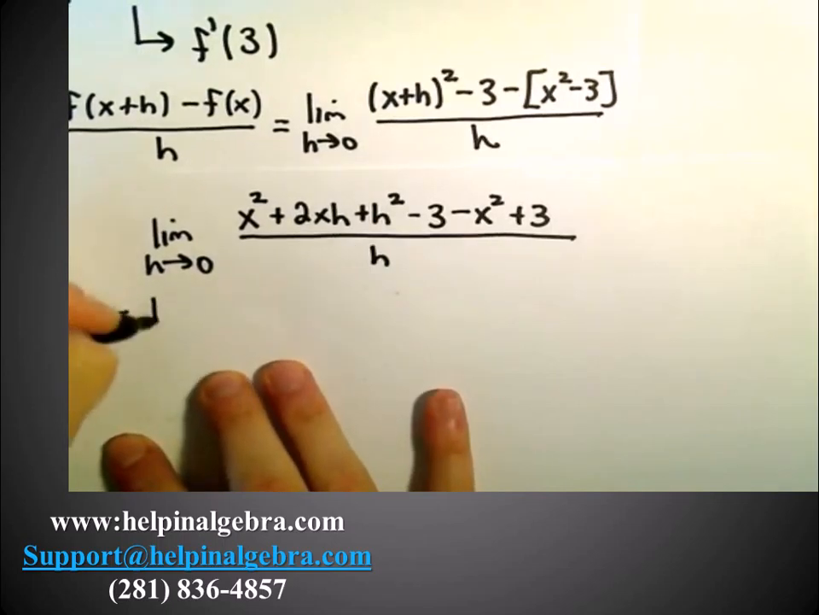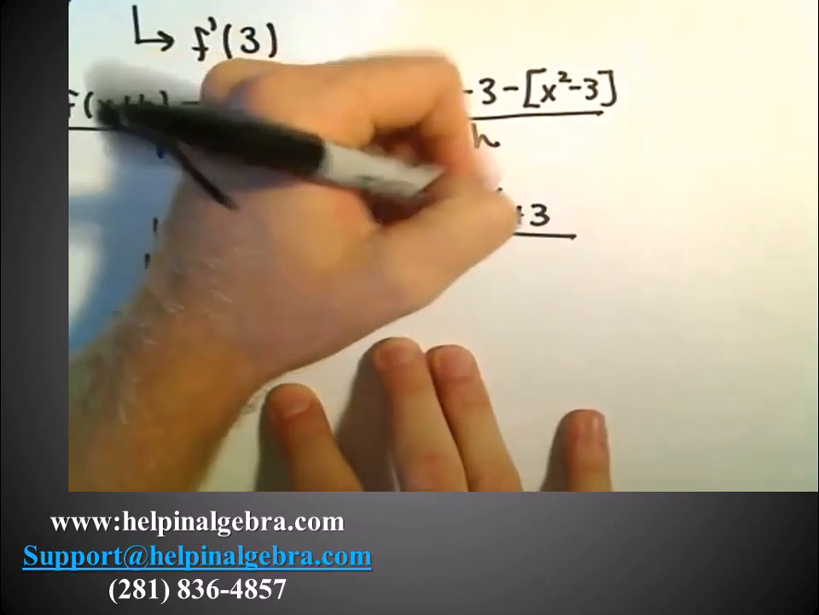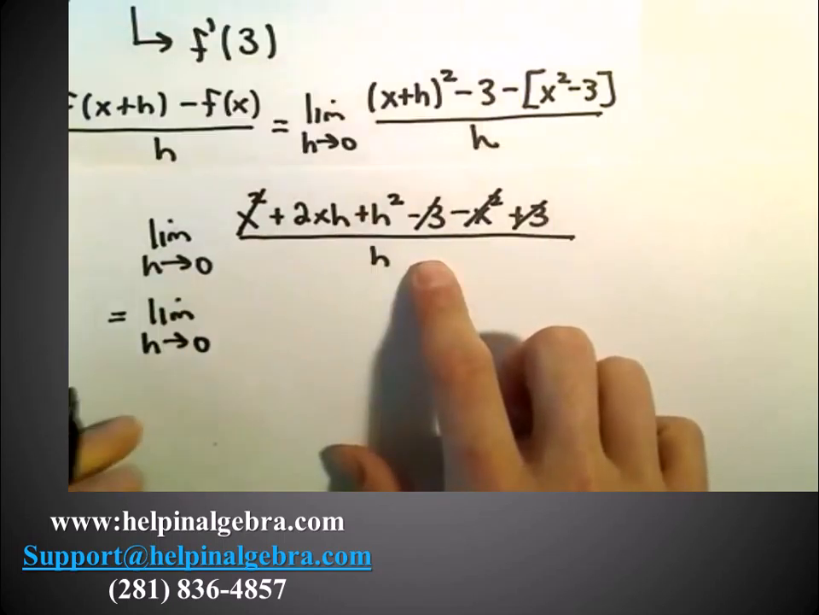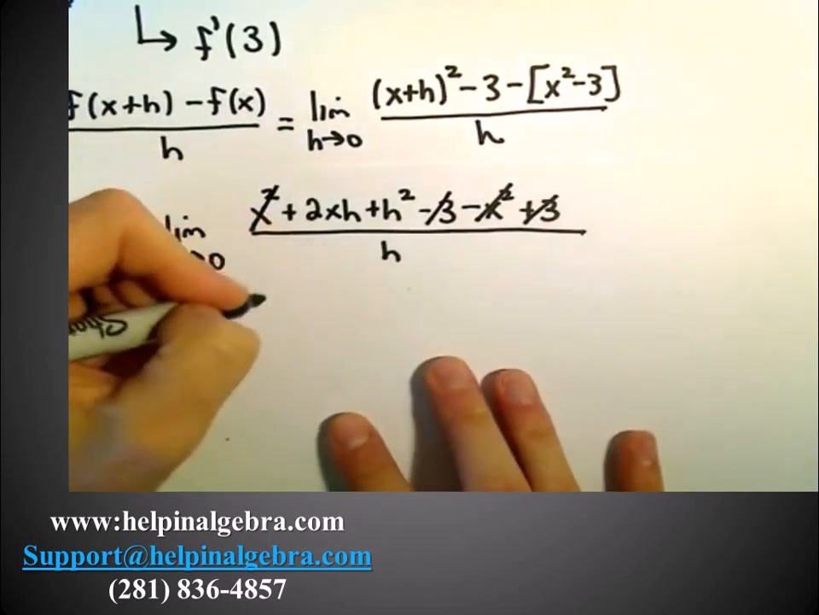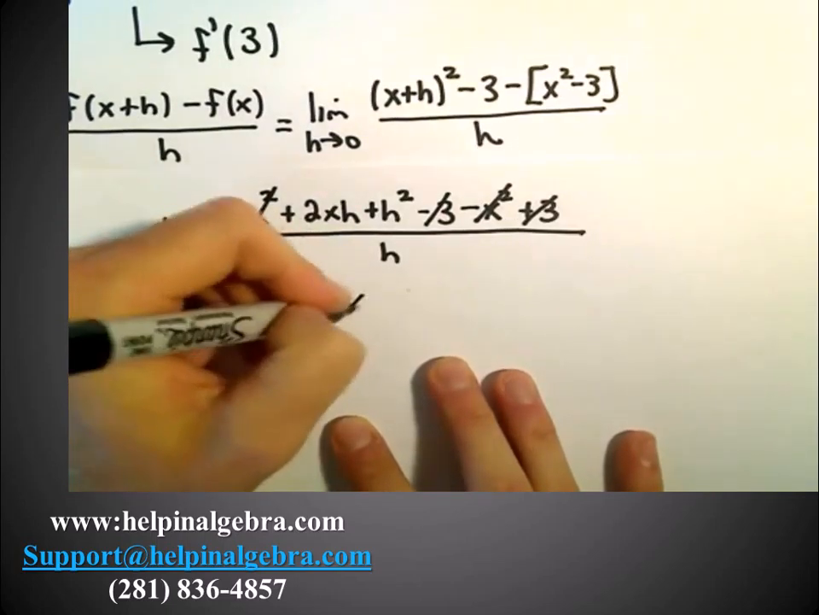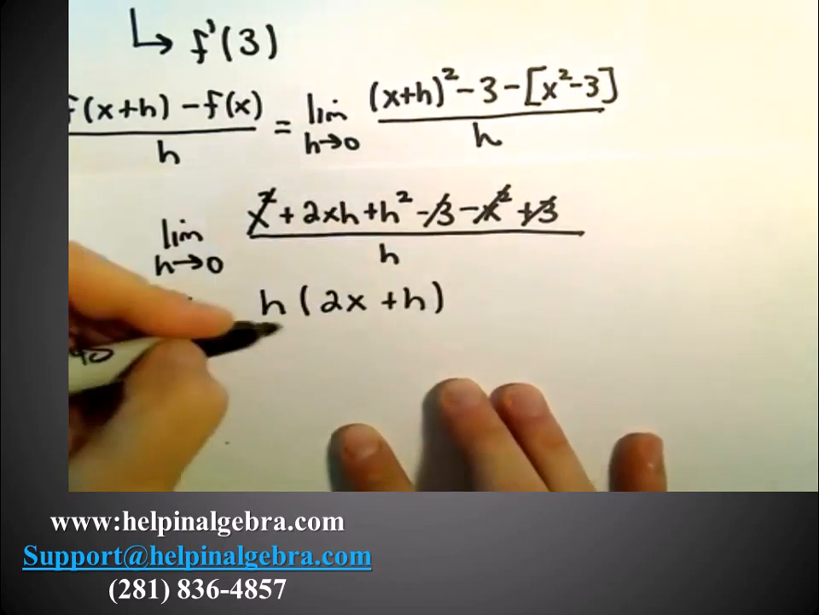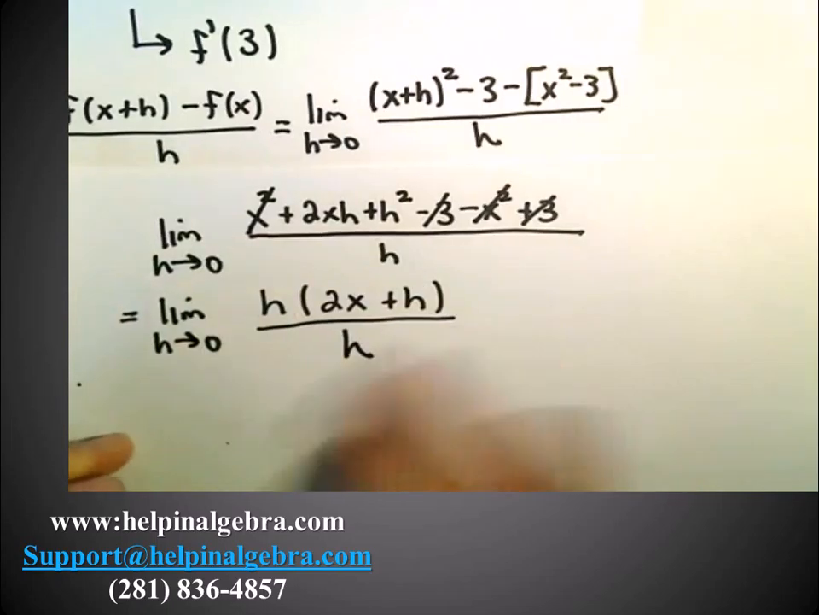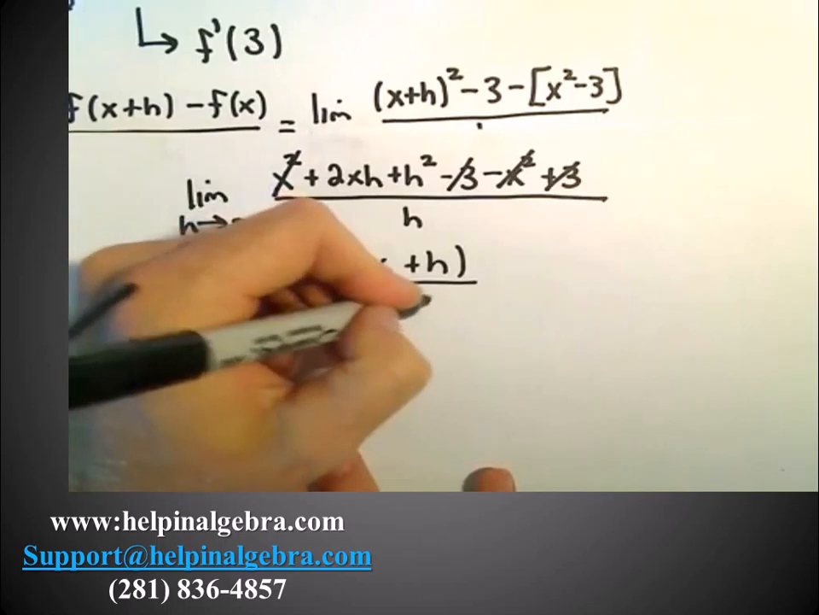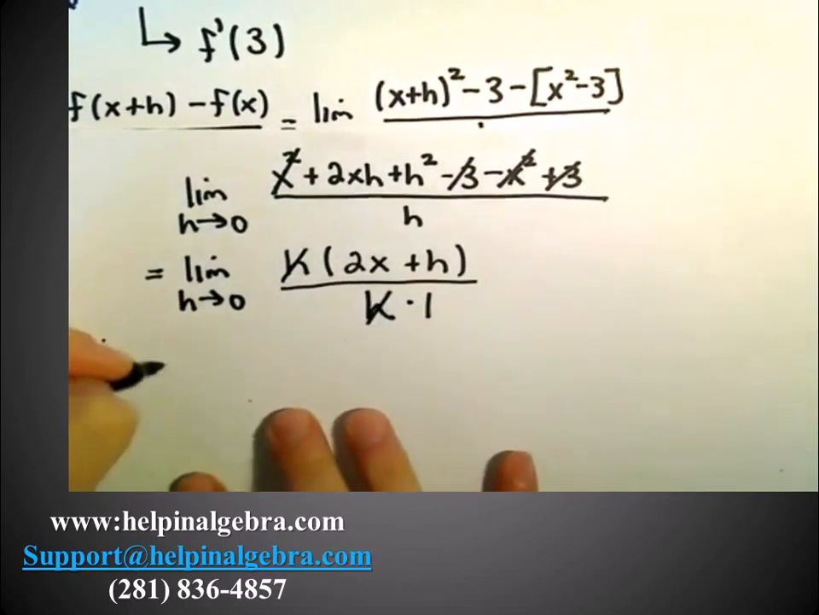So let's see, I think we can cancel out some stuff here. We've got the limit as h goes to 0. We've got x squared minus x squared, so that's gone. We've got a negative 3 plus 3, so that's also gone. We can factor an h out of the numerator. Well, h times 2x would give us 2xh, and then h times positive h would give us positive h squared. Well, again, we've got h in the denominator, so we can just cancel out the h's. Again, you can think about there being a times 1 in the denominator. And now if we plug in h equals 0,